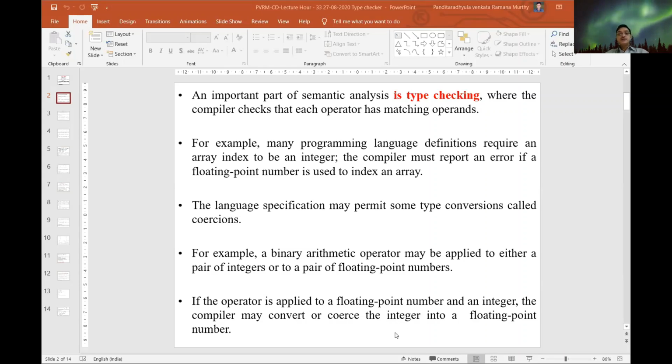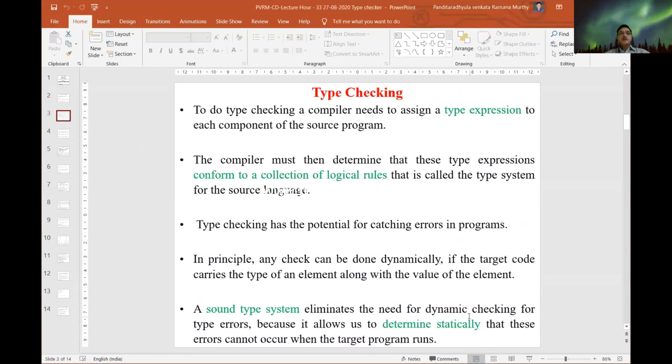So we call it implicit data conversion, which the compiler automatically does. Whenever we are performing any operation between two integers or two floats, no problem. But whenever the compiler is converting two dissimilar data types, it may lead to loss of data. So in order to avoid the loss of data, it has to make the two data types compatible, and also at the same time convert to the higher order data type. Right. So the type checking is required in the compiler.